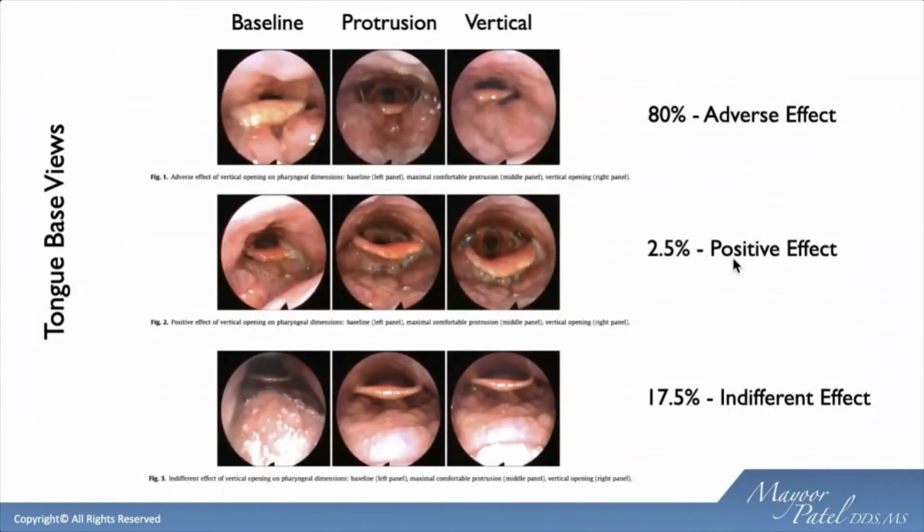In some cases, you might have patients already come to you and say, thank God you made me that white guard. I sleep so much better. You know, you pat yourself on the back, but is it possible that you actually had some positive effect in those individuals? And in maybe 17 or 20% of your patients, it has no impact, but you really don't know. So when you have a compromised airway and you need to put something in someone's mouth, you want to proceed with caution here. So let me just kind of sum this up and walk you through this one more time.